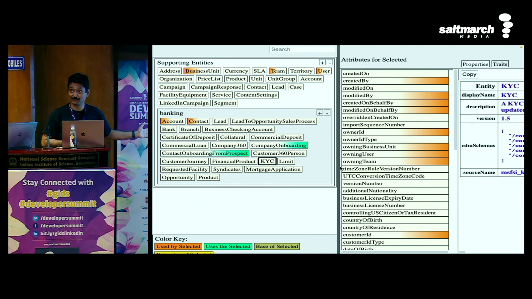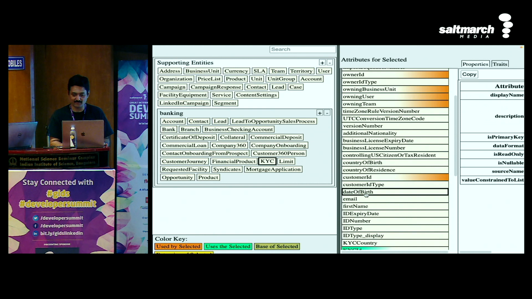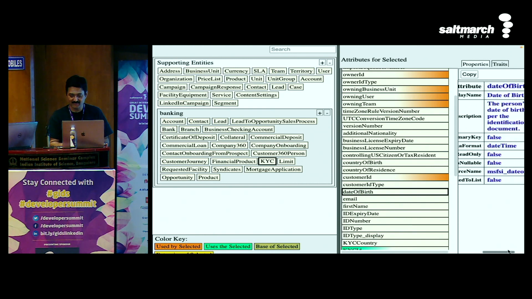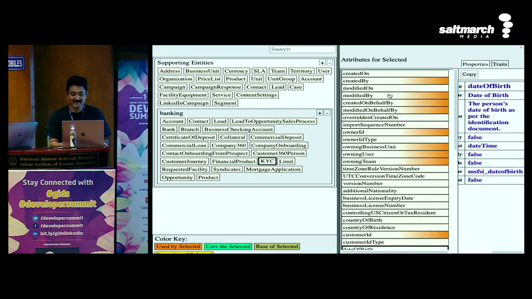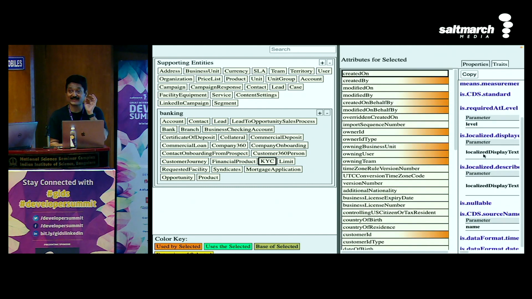Now I'm giving you a solution. Before you start creating, a product owner comes back and says, hey, I need to add nationality or something else. Wait a second. Let me look at how the date of birth is there. What exactly is the format used for the date of birth? Let me use exactly this format, and this is the way I want to implement this solution. Okay? So that's what you get from this. Very simple, very powerful technique, I'm telling you, which is going to make your life much easier.